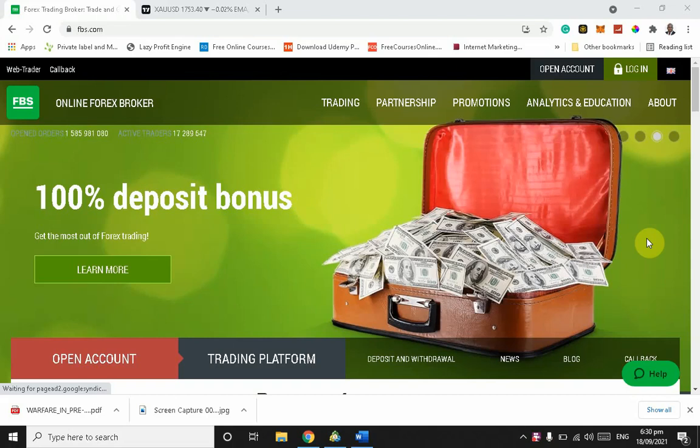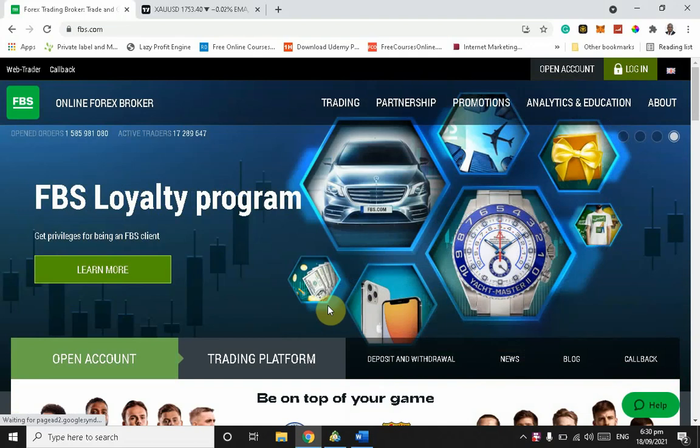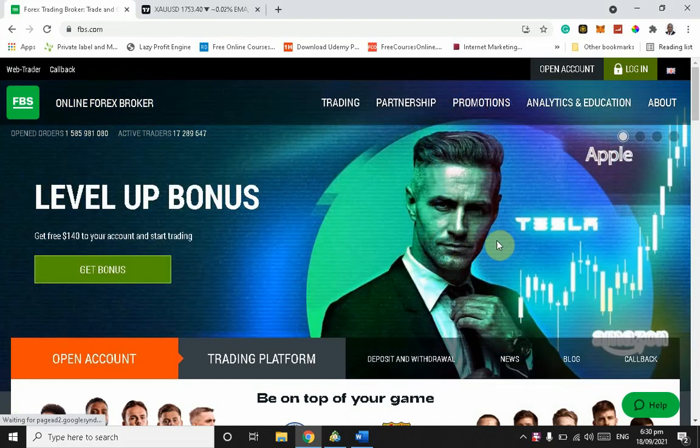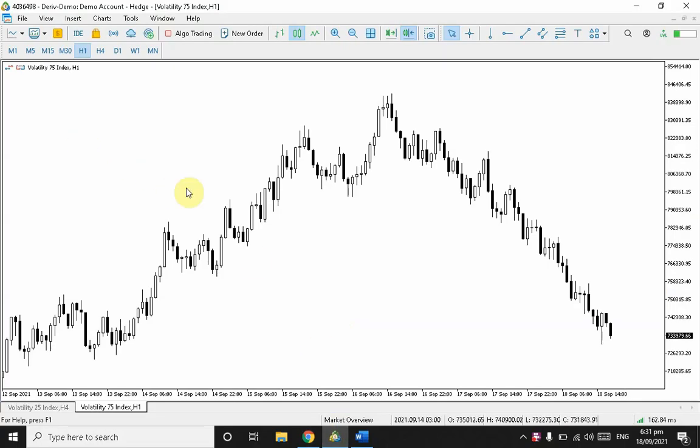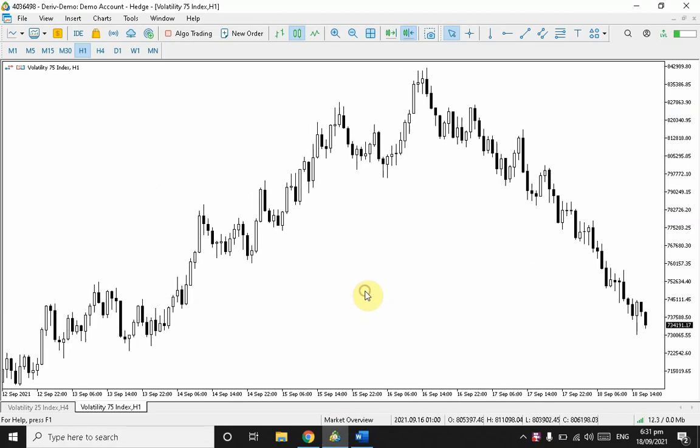So I'm going to take you through what we're going to be doing today. Today we're going to be analyzing the markets. This time around, not forex but volatility index. Now, guys, why do I choose to introduce us to this asset? If you understand what I'm saying, volatility indices are assets being traded on the stock exchange,